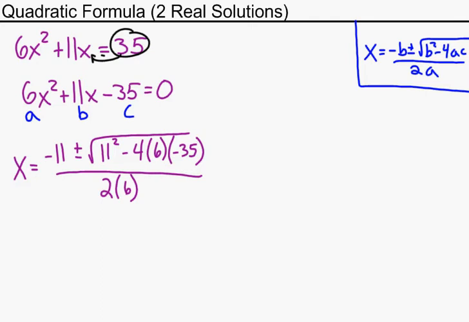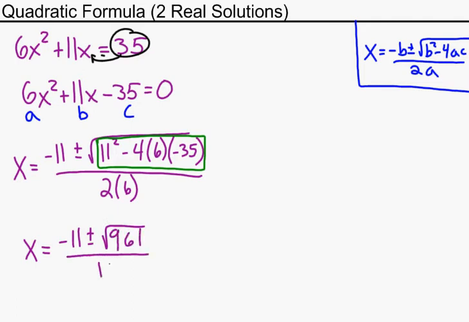When I solve quadratic formula problems, my first step is to get this number underneath the square root, which later we're going to call the discriminant, down to just one number first. So when I do that, I leave everything else the same, and I get x equals negative 11 plus or minus the square root of 961, all divided by 12. That's the part that people seem to have the most trouble with,